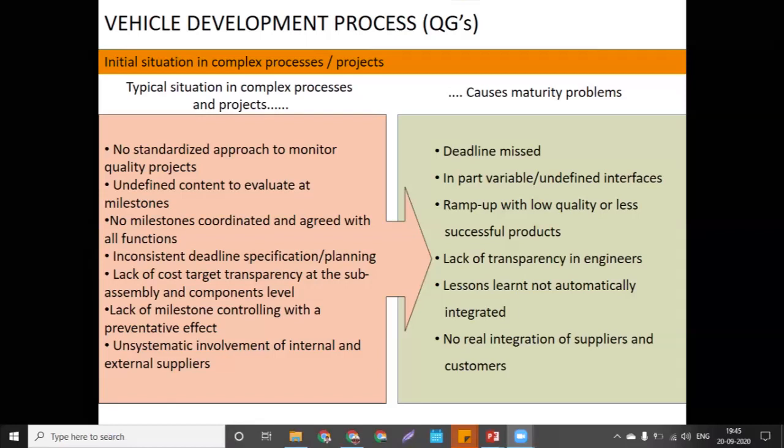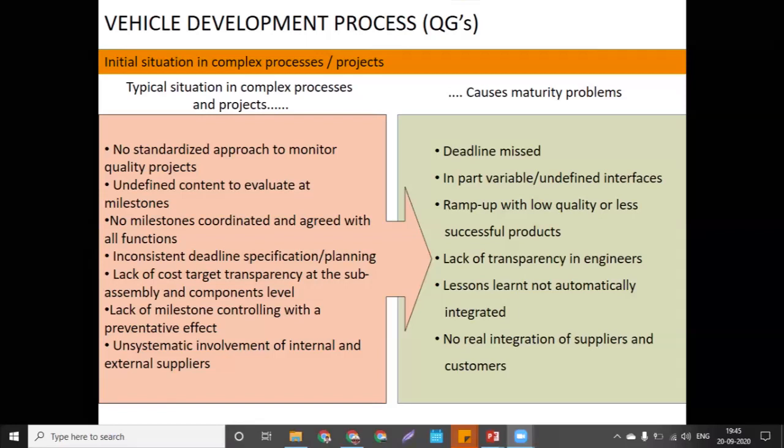Lack of milestone controlling with the preventive effect, then inconsistent deadlines will be there. And with the deadline miss, whatever product you produce will definitely be of low quality and a less successful product. Again, lack of transparency in engineers.